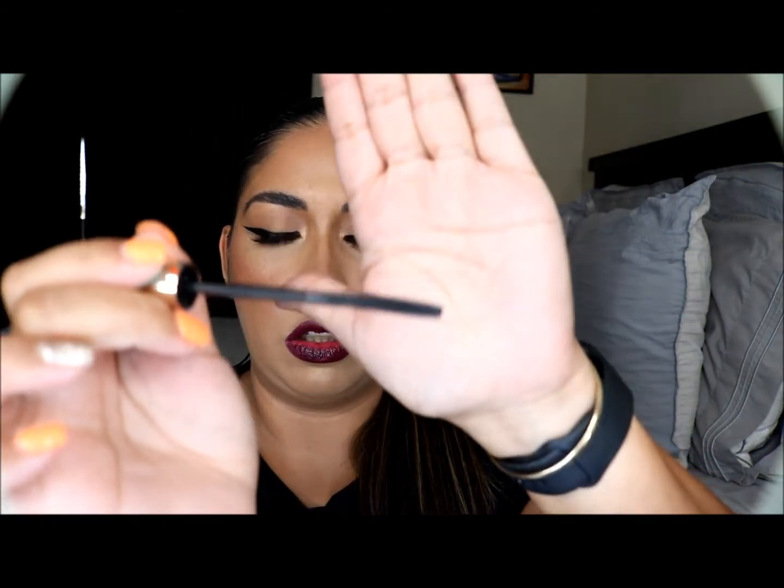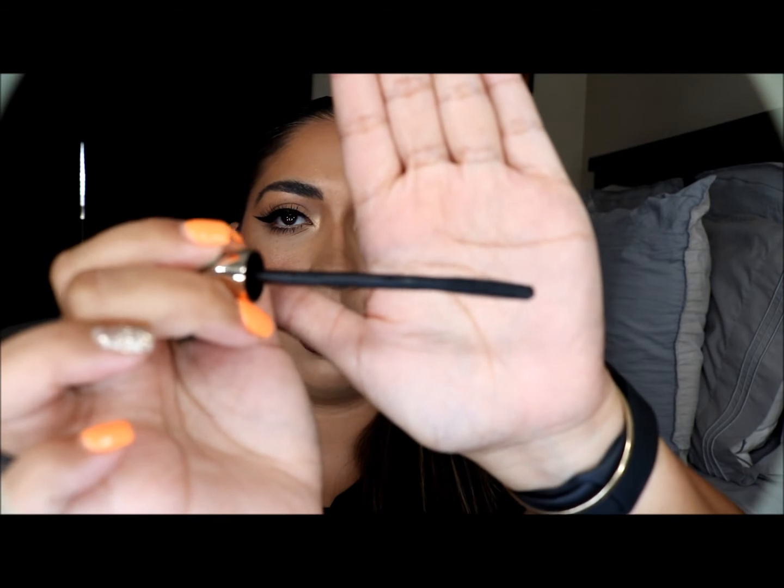Okay, the next thing I have here is from Iconic London, and it's the Triple Threat Mascara. Let's see. So here it is right here. Ooh, it's one of those skinny ones, which I actually like. So here is the one right here. You guys see that? Okay, and this mascara retails for